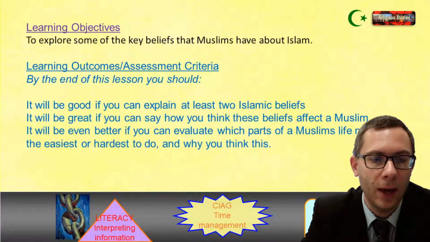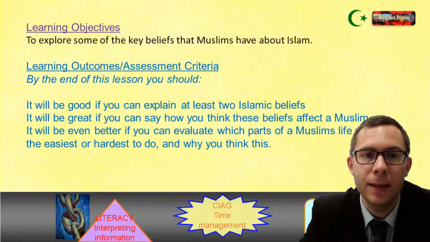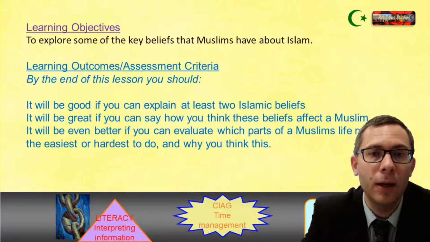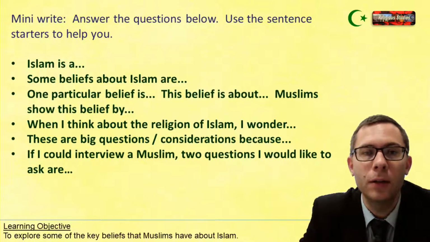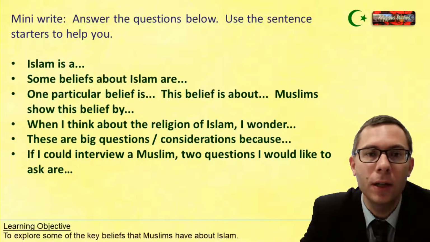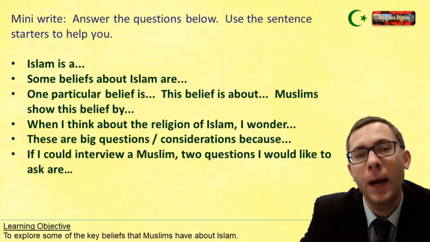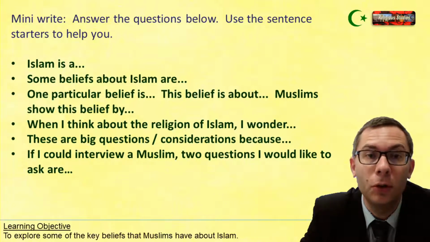Brilliant. Okay, well, we're kind of nearly at the end. There's a couple more activities still to do, but we are getting through our learning objectives really, really well. So this is sort of our main final task. Again, should take you about 15 minutes or so. It's a mini write, so you're looking for a paragraph, half a page, a page. It depends on what you're able to do, but do push yourselves.